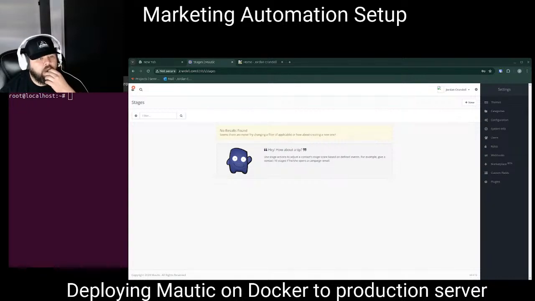Anyway, so setting up Mautic on Docker on my server, wiring it to the SMTP server, and then testing it, making sure everything works. I imagine I'm going to run into some issues